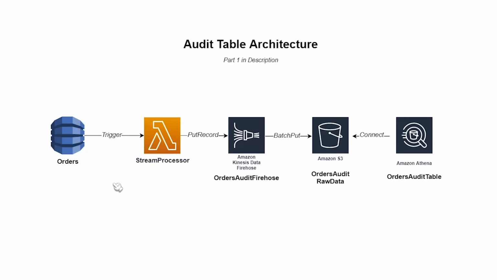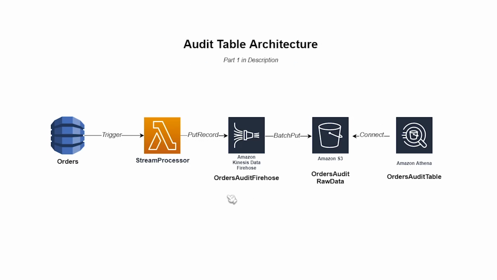Hello everyone, in this video I'm going to help you set up an audit table using DynamoDB. In part 1 I talked about what an audit table is and why it's useful, but just as a brief summary, an audit table helps you keep track of all change events that occur against an object so that you can query on it later to figure out what the history of that object was. And this is the architecture that we're going to use to make that happen.